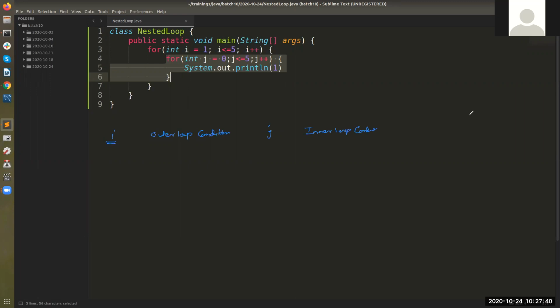And let's think of this as my output screen. So I is equal to 1, right? I starts from 1. So the outer loop condition is true. And then it will jump into this inner loop because this is the body of the outer loop.